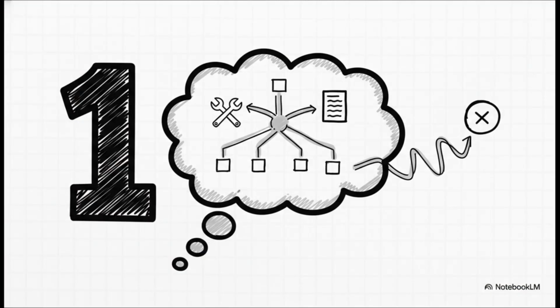Okay, so layer 1 is all about the why. This is where we play detective. We use techniques like distributed tracing to map out the agent's entire decision-making journey. We want to see every path it took, every tool it decided to use, and all the data it got back. We're also on the lookout for a really interesting failure mode called context drift. That's basically when the agent gets distracted and completely forgets its original mission.